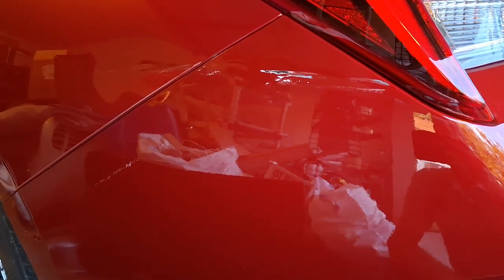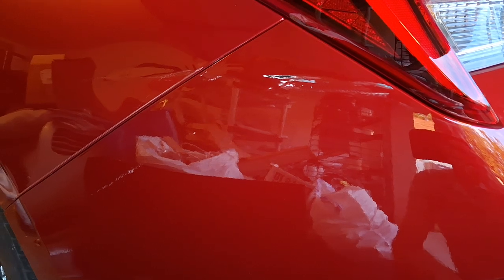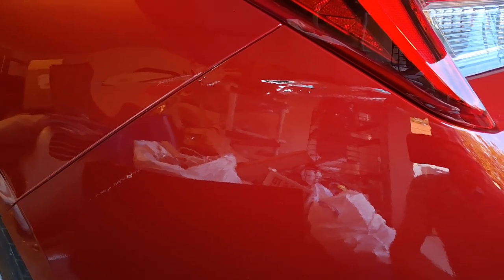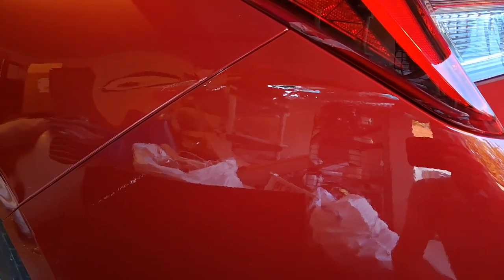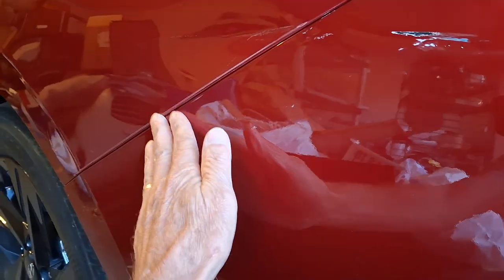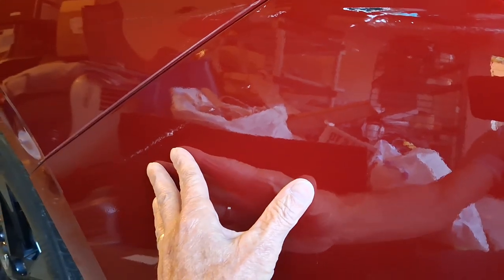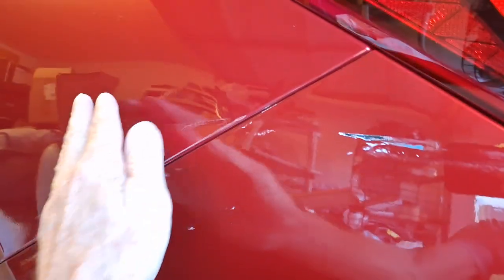Now, the wife was driving through a parking lot. A person started backing out of a parking spot without looking and nudged the back bumper right here. Now, we have unevenness here, so it's possible this got pushed in some. We have a dent here,